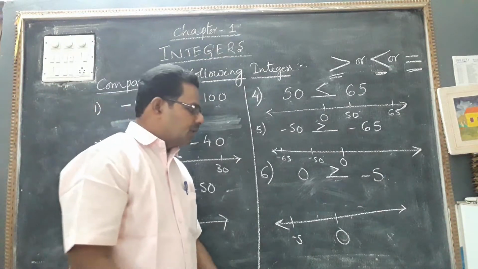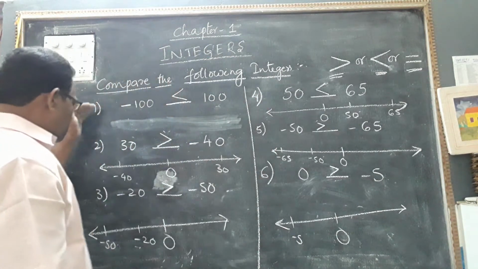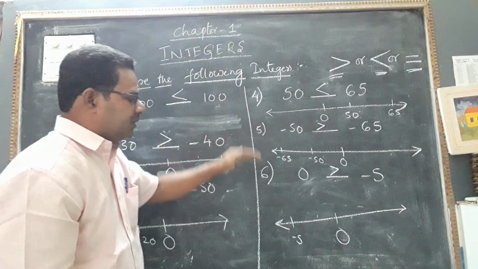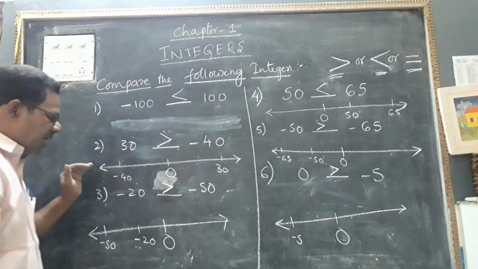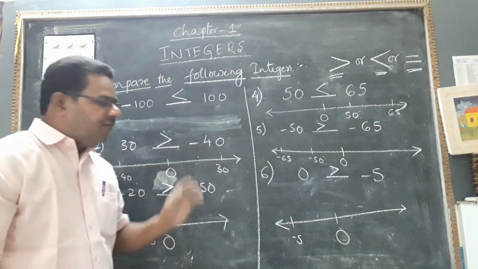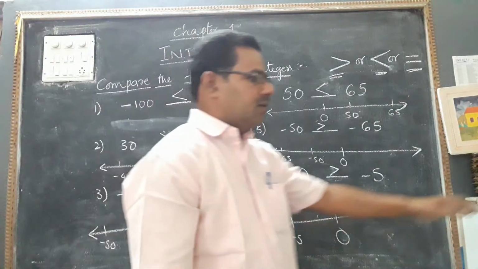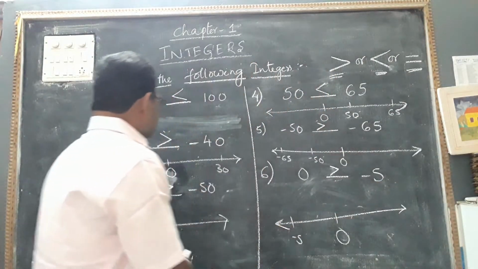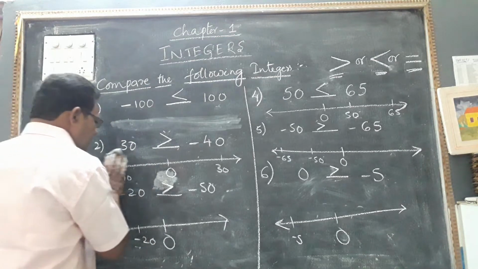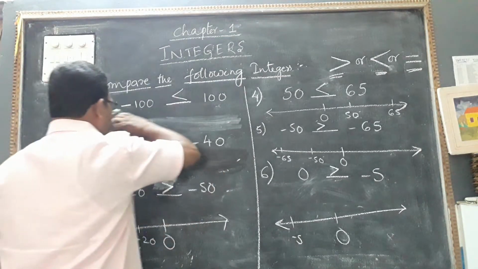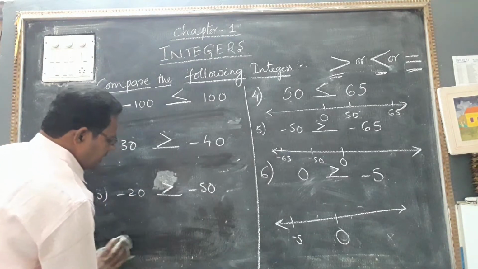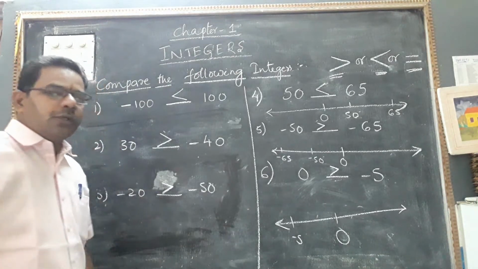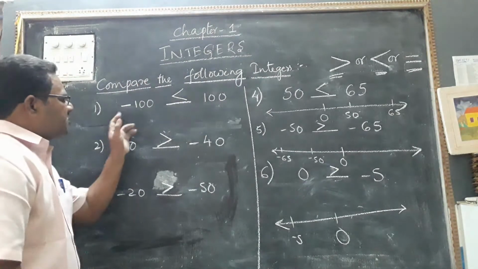Okay. All these totally, I have given you 6 examples. In the 6 examples I have drawn the number line and after that we compare. Without drawing the number line, how do we directly say which one is bigger and which one is smaller? That we shall see now. For all these examples, for 3 examples I will give, and the remaining 3 examples you have to do on your own.